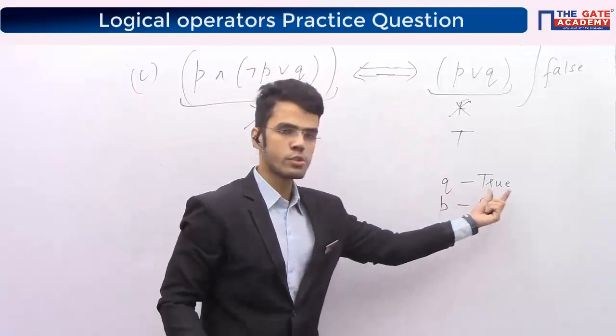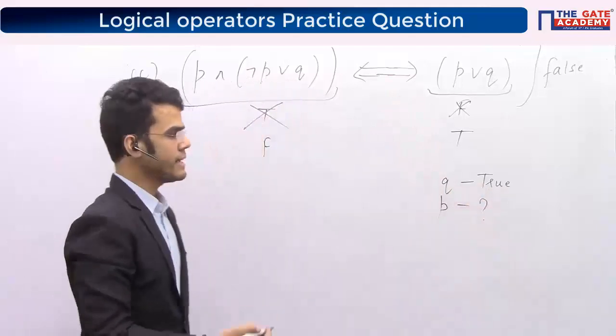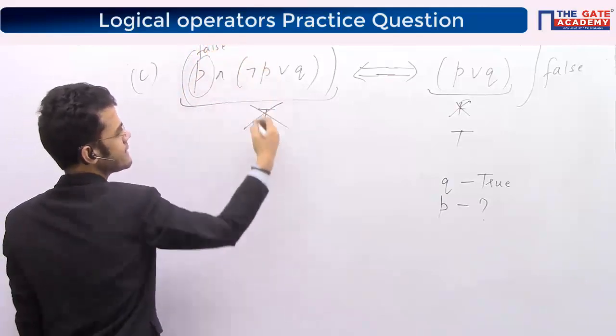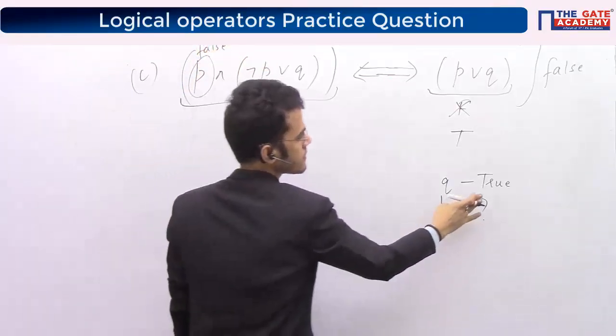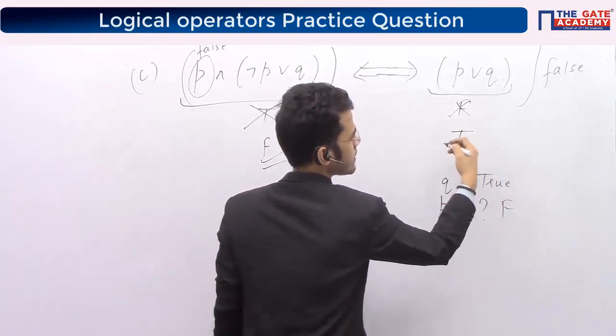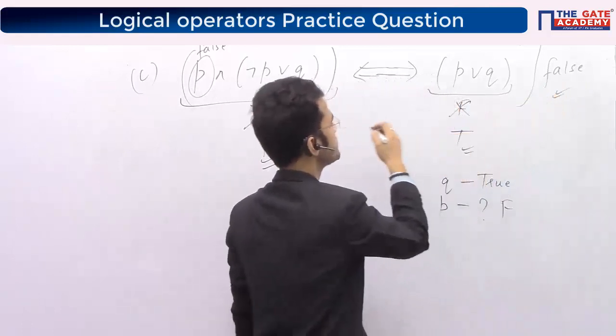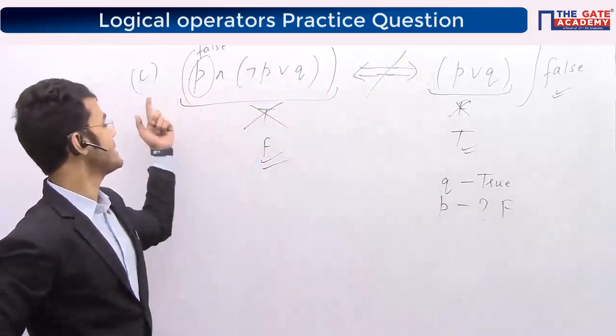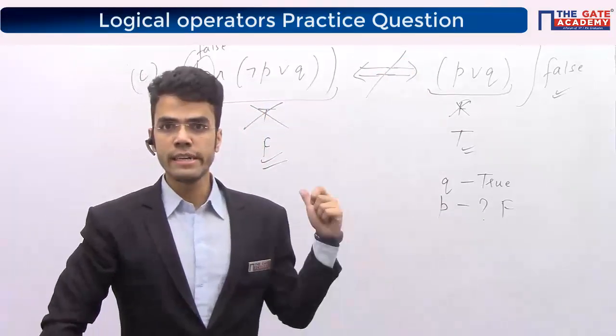What I did is Q is true. Leave possibilities for P, and what I will do here is I will put P to be false now. False and anything. Yes, I have got false. So for this I have got the expression as false, which means this is not equivalent to this, which means option C is wrong. Did you get option C, guys?